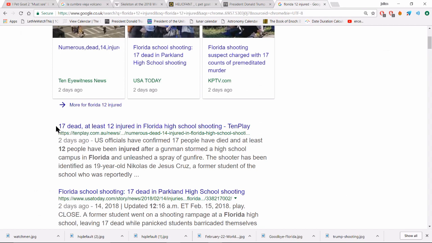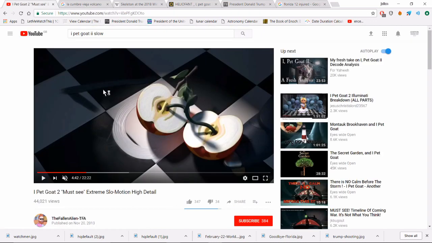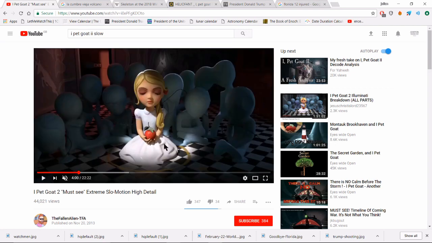When looking at this news report about the Valentine's Day massacre, it stood out that it just says 17 dead, comma, at least 12 injured. So it could be saying 17 dead as in 17 people died, or it could be saying 17 dead, as in the 17th dead. Could be a double meaning there. So I'm kind of looking at that and thinking, are they saying to us that on the 17th someone dies, or are they just saying that 17 people died in this Florida school shooting? Not sure, but 12 people were injured. 12 people here,